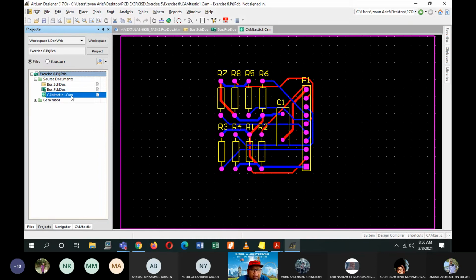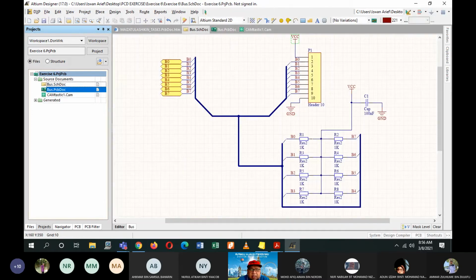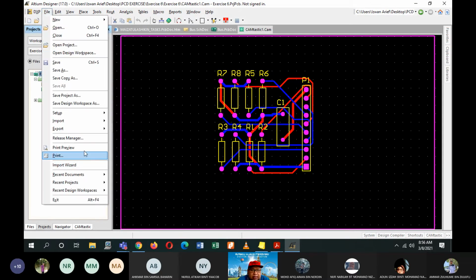Okay, so you have your Camtastic Cam here. This is your PCB just now, and this is your schematic. And then go to file, fabrication output, and then click on NC drill file.